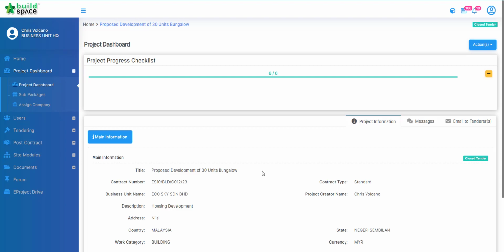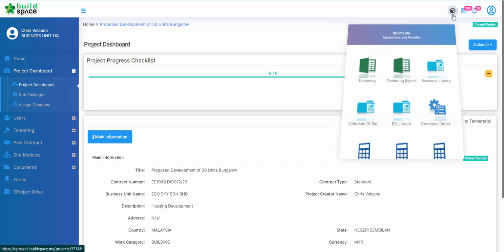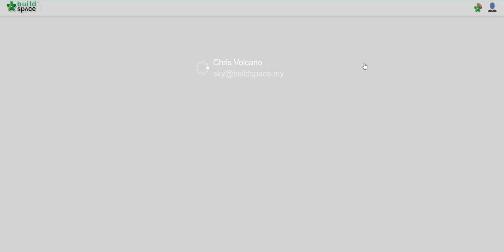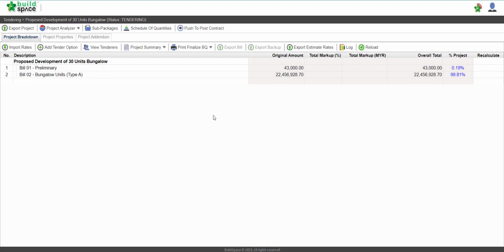To push our project to post contract, first we are going to go to our project page. Click the cube button here, click tendering. So once you click tendering, you'll be directed to this page. Okay, so to push our project to post contract, we are going to use this push to post contract button